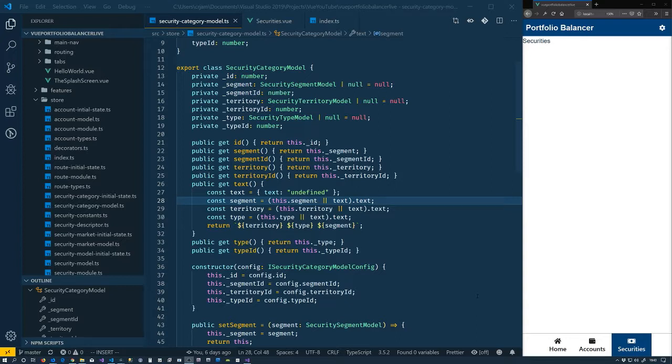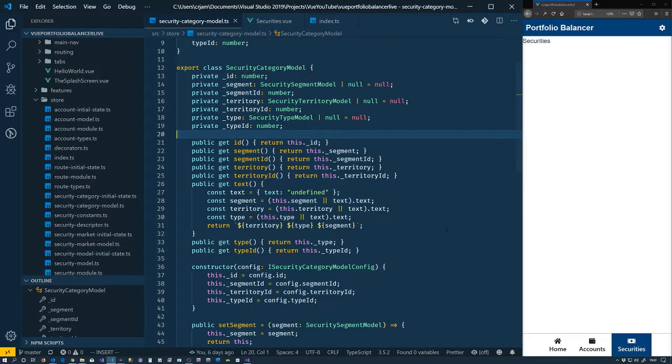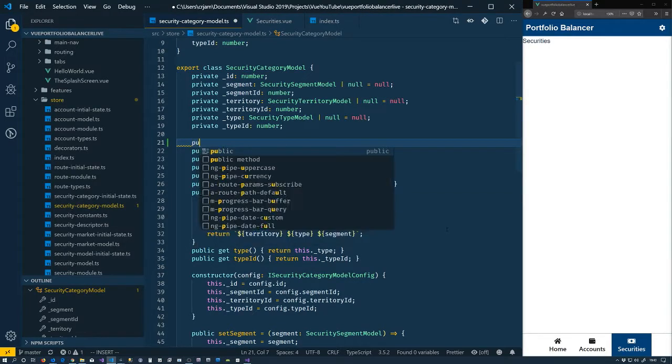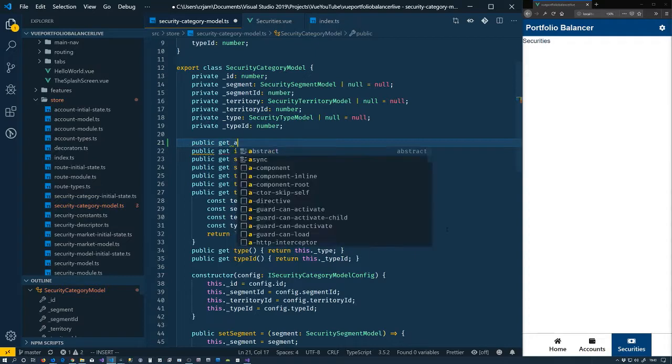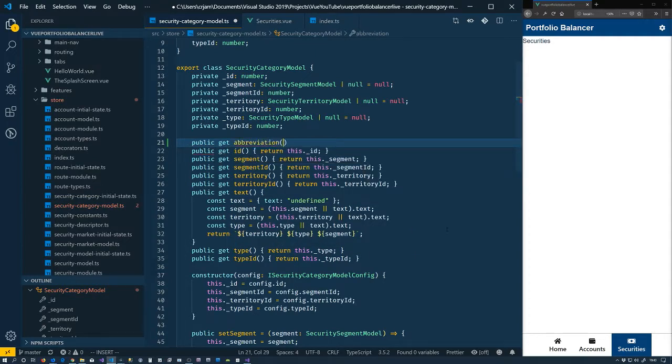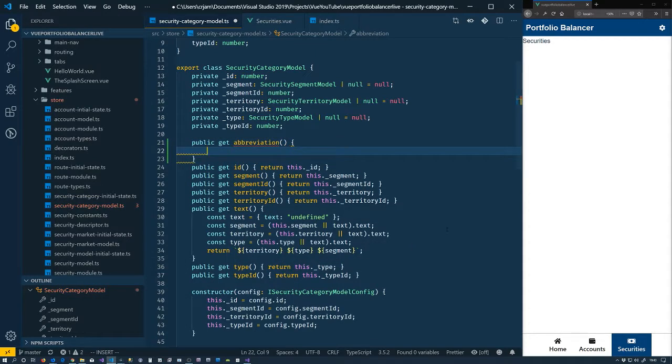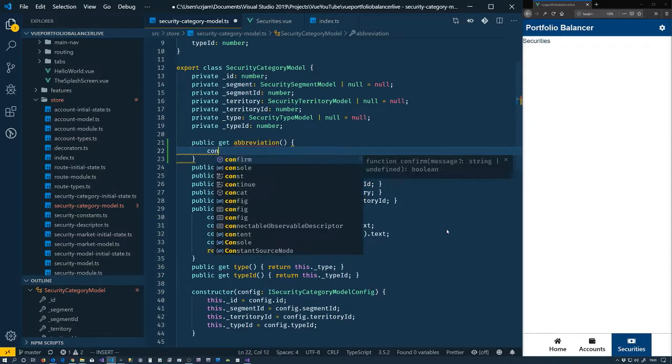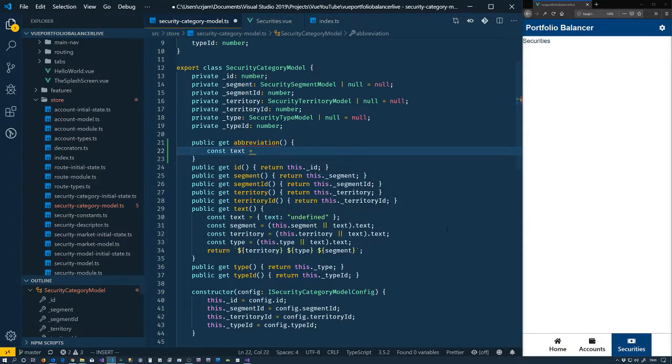So I did forget one thing in the previous video when we dealt with the security category model, and we're going to need it here shortly. So let's create another getter here, public get abbreviation. We're going to do something very similar to the text. So const text is equal to an object that has a property on it called text, and the difference being this time I need more than one